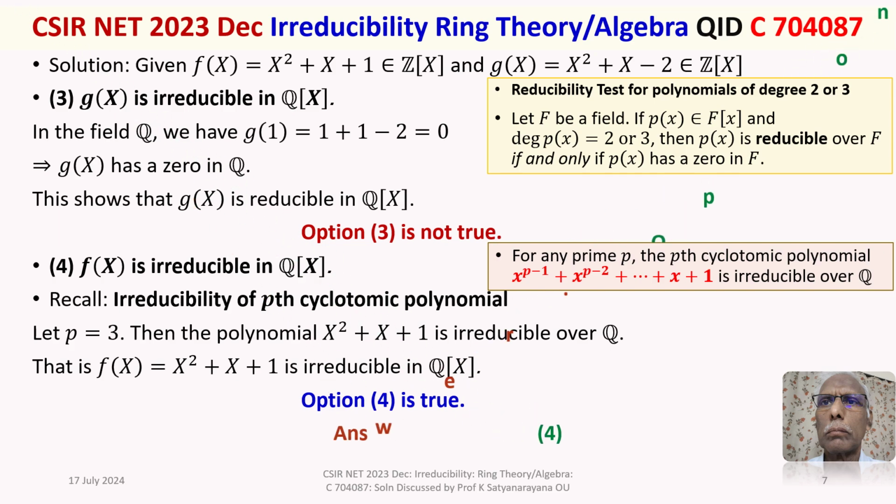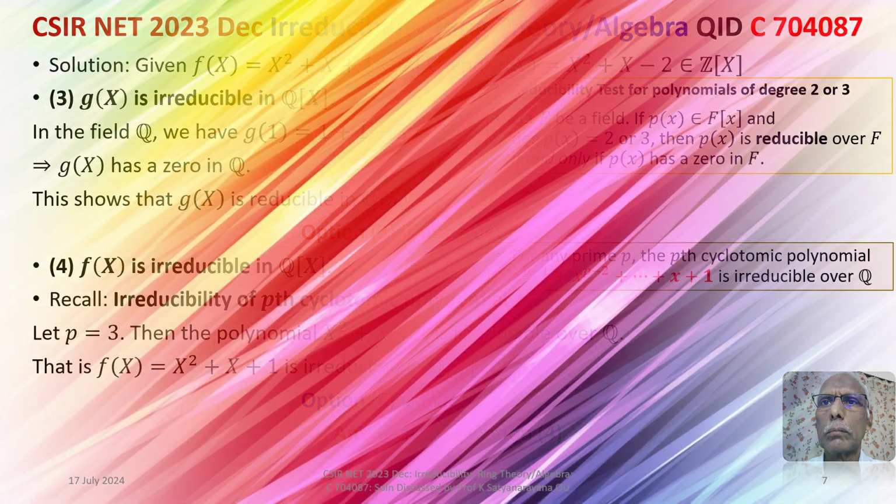That is the detailed discussion of the solution of the problem, which is based on the concept of irreducibility of polynomials from ring theory, broadly from algebra. I am sure that you understood the solution of this problem,